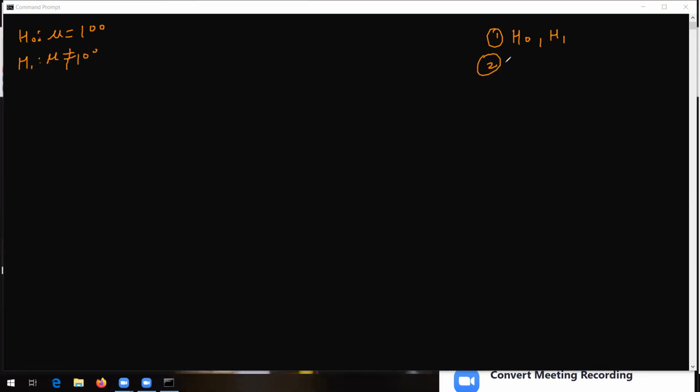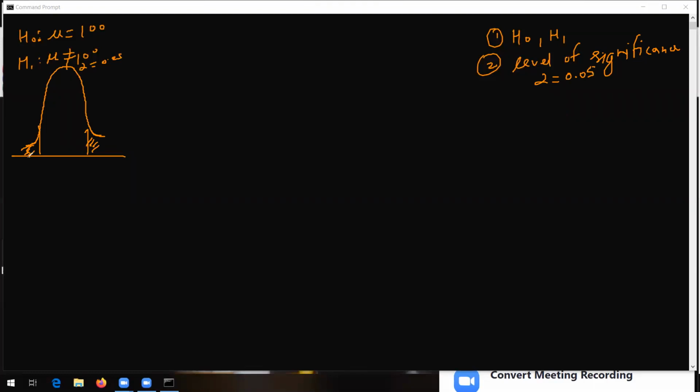In the second step, we have chosen something called level of significance, right? And level of significance is nothing but the alpha value. I told you that level of significance in our case is 0.05 because we want to create such a model which is going to be 95% confident about the results. So there will be some shaded region here, which is going to be our level of significance, the alpha value. Our alpha value is 0.05, that means this value is going to be 0.025, and this one is going to be 0.025.